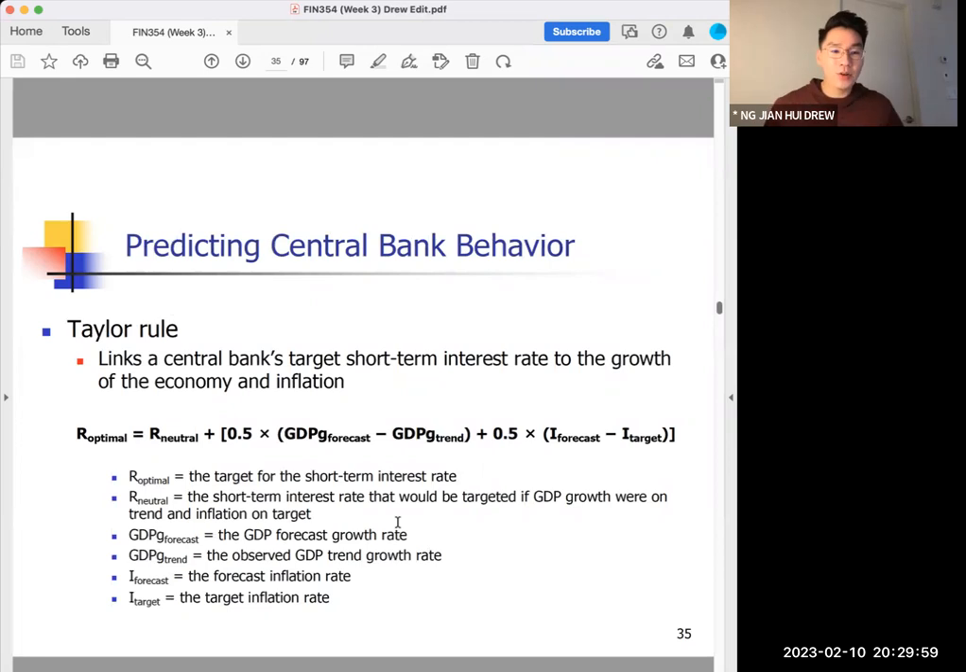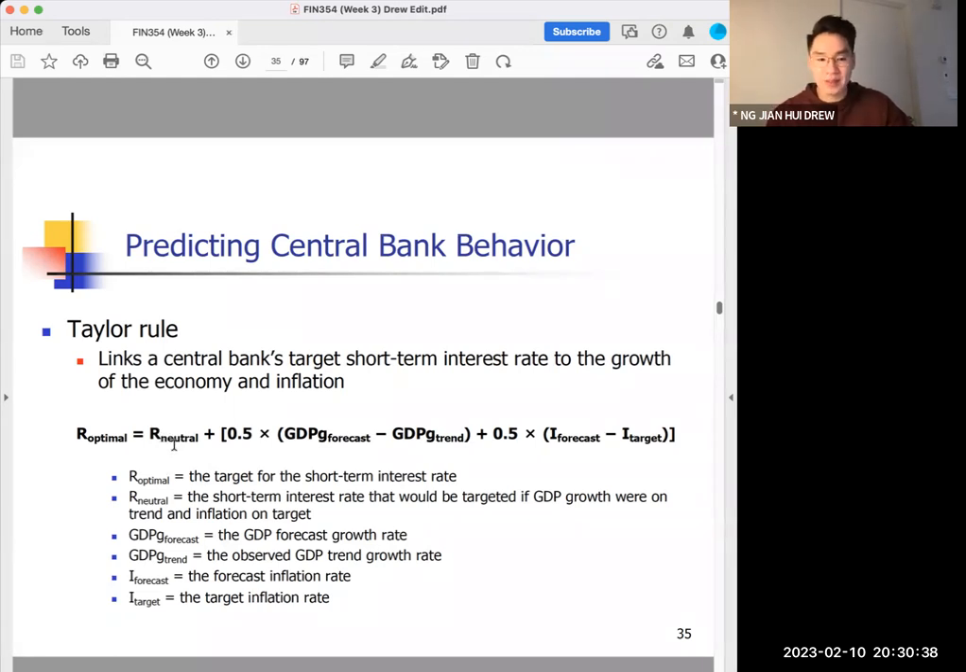All right. So in terms of central bank behavior, we have this thing called the Taylor rule. The Taylor rule tries to explain what is the best, or targeted, short-term interest rate given the state of the economy at the point in time and given the forecast inflation. So again, it's quite intuitive because we just take the current targeted